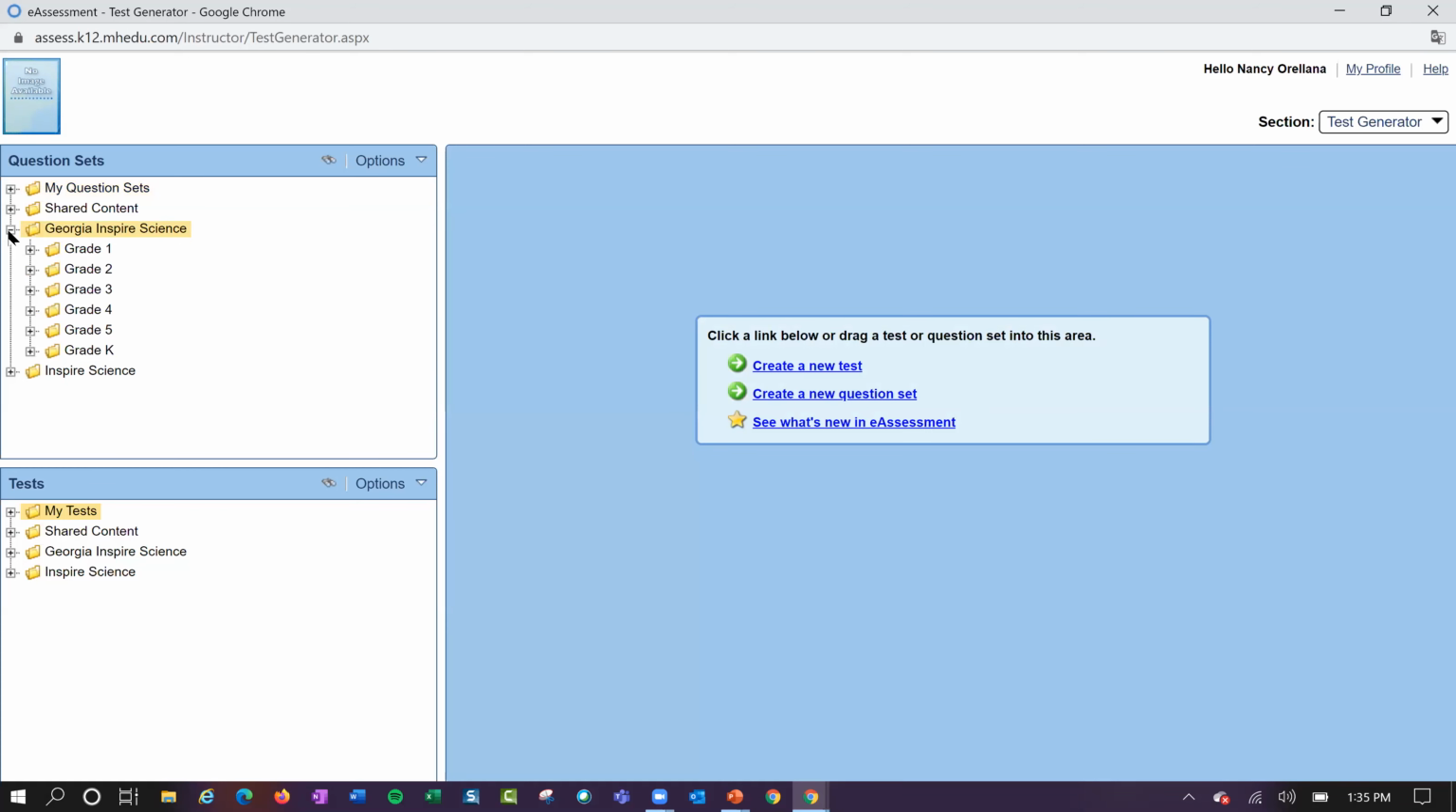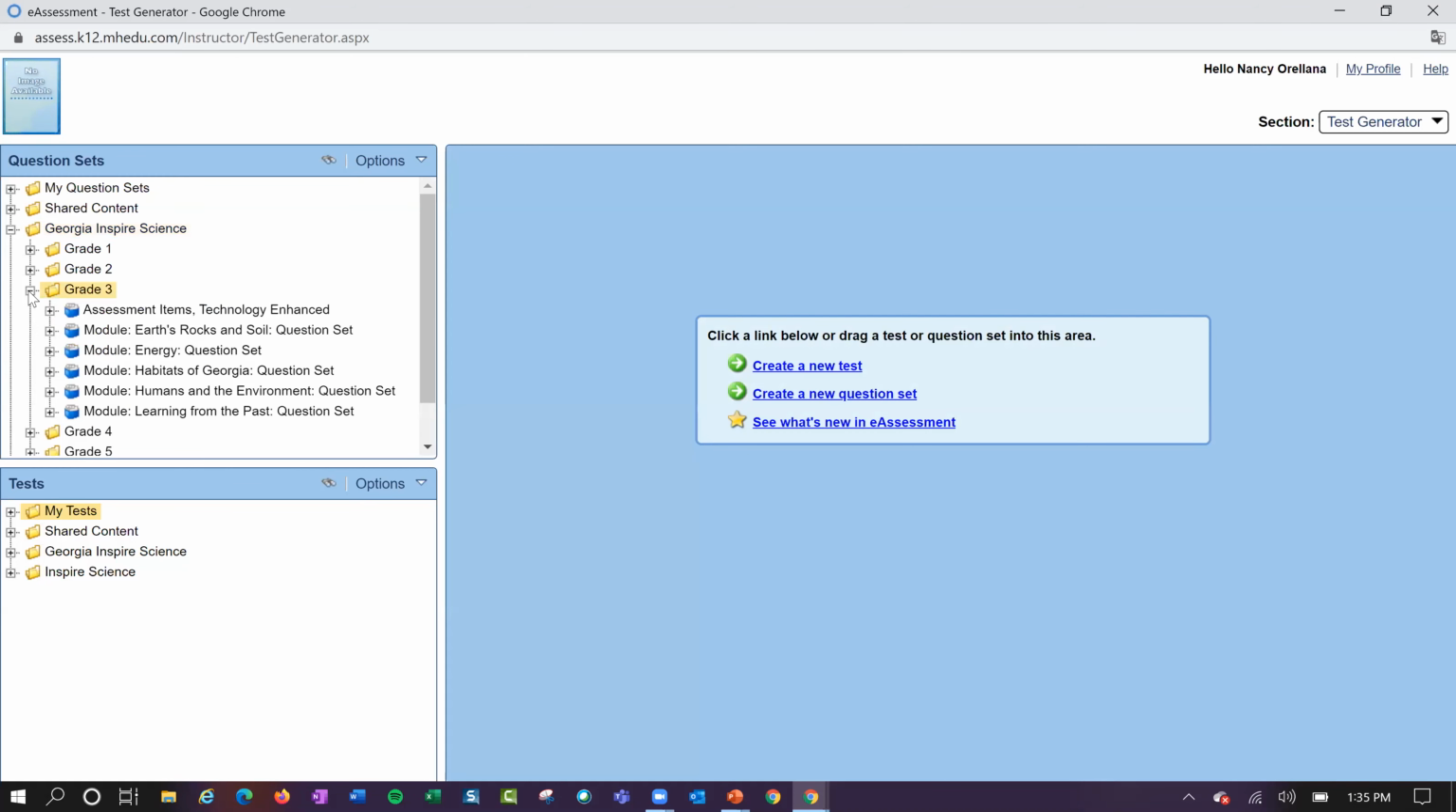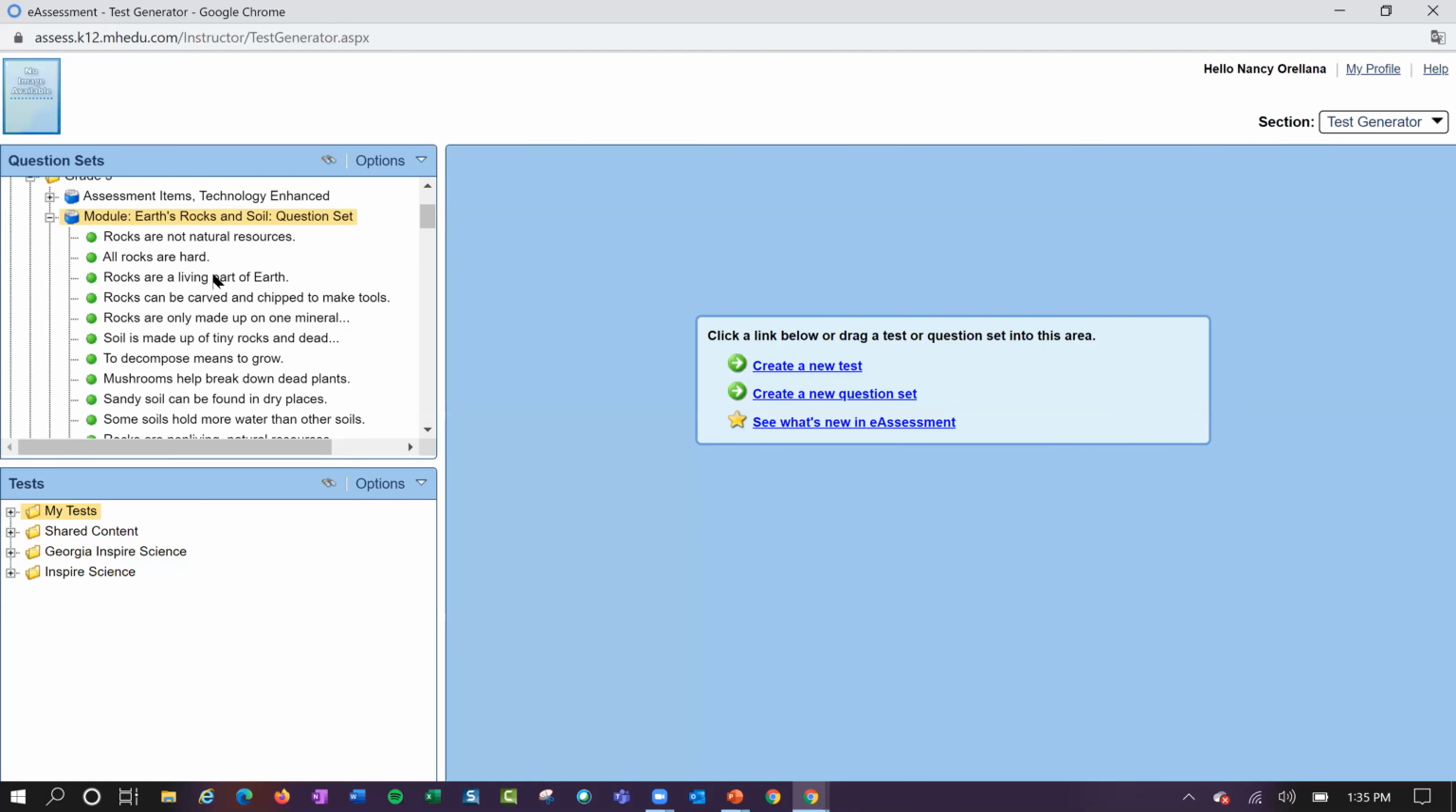Once you click on the plus icon, it's going to give you all of the grade levels. Now, each grade level has its own individual question sets. So right now, I'm just going to go to 3rd grade. Again, if I want to expand the information that's in that folder, I'm going to click on that little plus sign next to it. So here I'm seeing for each module, I see the module for Earth's rocks and soils. There are my question sets. So if I want to see those questions, again, just click on the little plus sign. And now this is going to show me all of the questions that are available for me to pull from